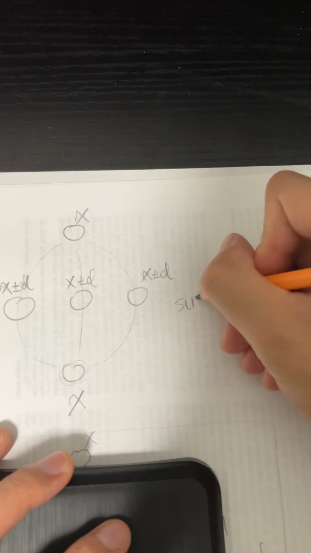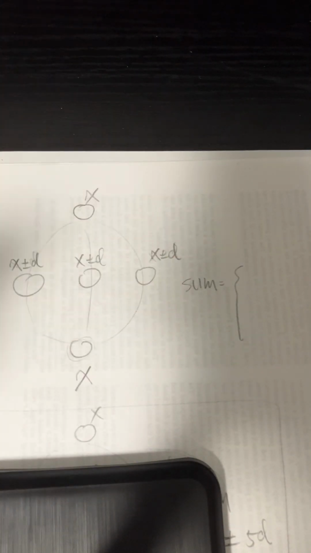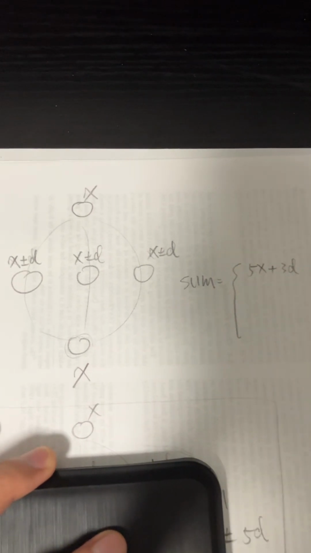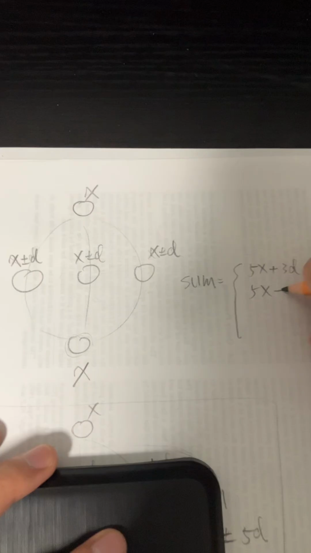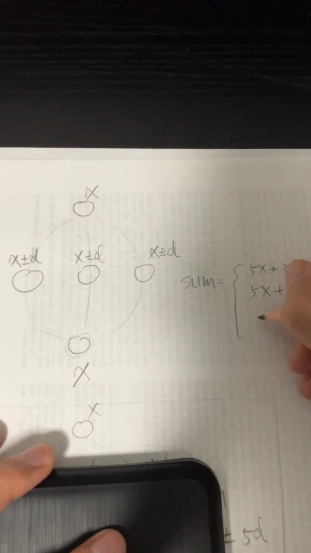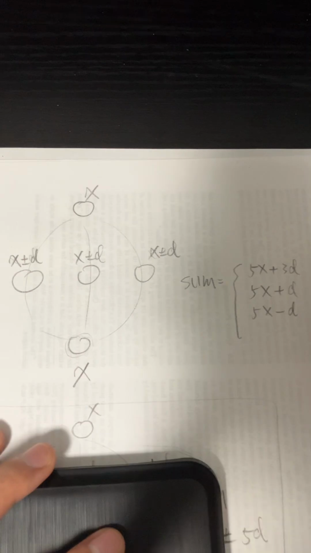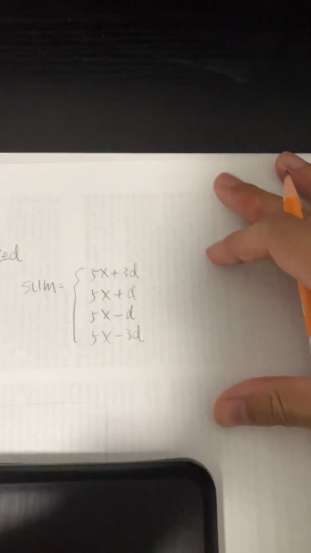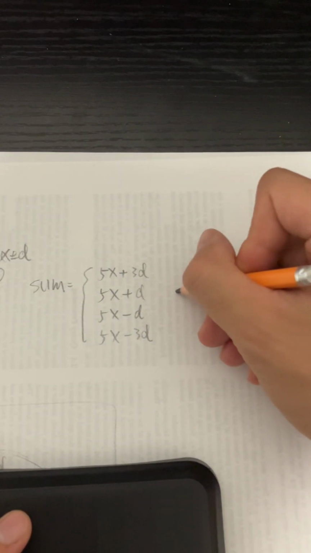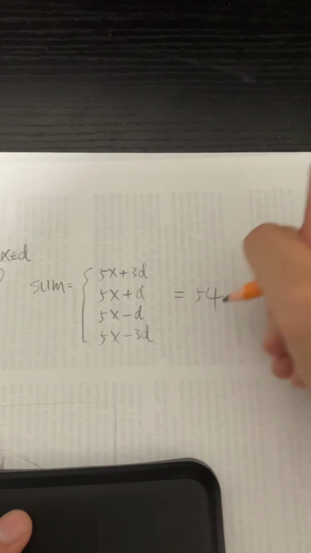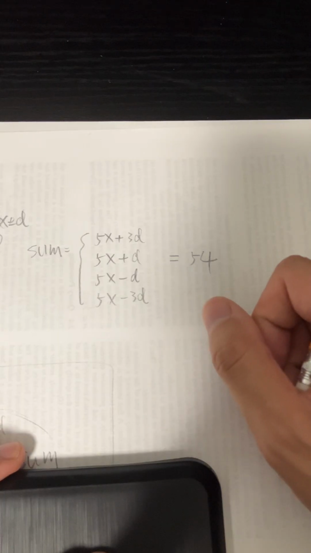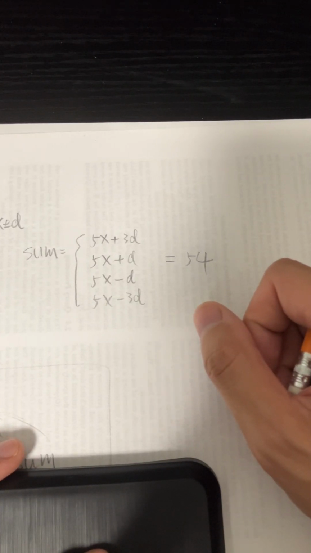The sum, of course, has different possibilities, right? If it's plus plus plus, it is just 5x plus 3d. Or maybe it's plus plus minus, then 5x plus d. What if plus minus minus, then 5x minus d? Or minus minus minus, it's just 5x minus 3d. That's all 4 possibilities, and any one of them is expected to be 54. And is this doable? So far we don't see any contradiction, but let's figure out the exact values of d